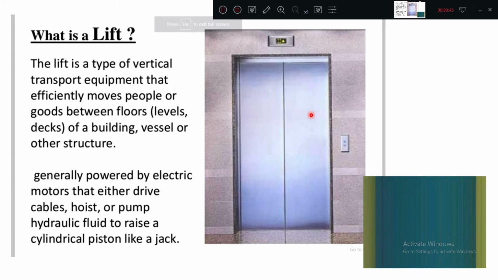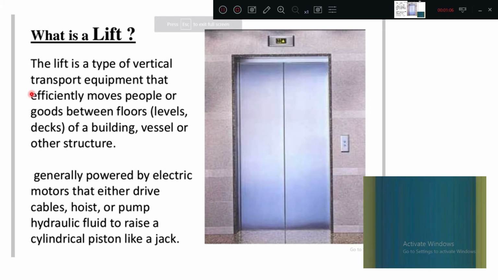We'll start with some basic concepts. What do you mean by lift? What are the basic types of lift? What are the basic components of lift? Those are necessary because in the NBC 2005 these basic concepts are directly encoded, and their dimensioning and arrangement patterns have been directly mentioned there. So that is why we are discussing the basic things. Very important, very basic things.